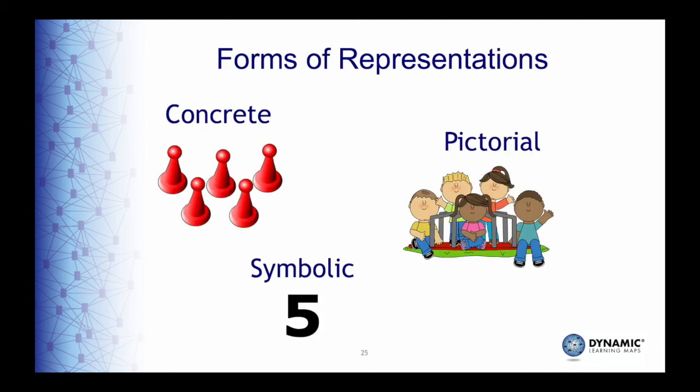There are three forms of representations: concrete, pictorial, and symbolic. Educators need to think about how these forms of representation might be integrated into various lessons. Educators help students develop a conceptual understanding by linking concrete understandings to pictorial and symbolic forms. For example, educators can model the pictorial or symbolic form while the student is working with concrete items. So the student counts out 5 manipulatives or counts the 5 children in the picture, and the teacher shows the numeral 5. Students with the most significant cognitive disabilities should be exposed to all three forms throughout their instructional activities.